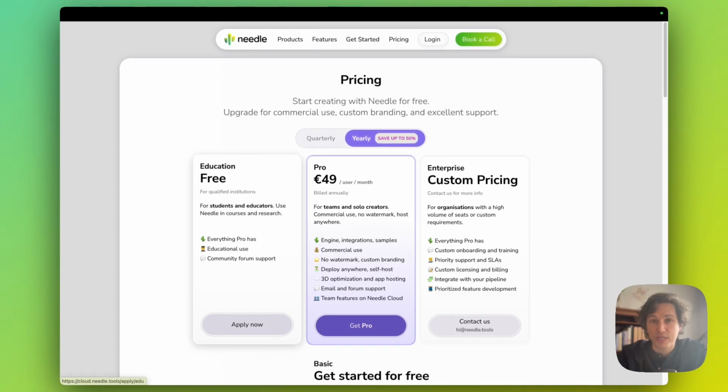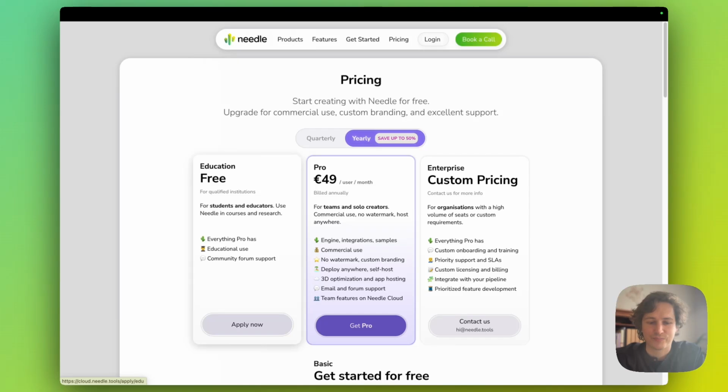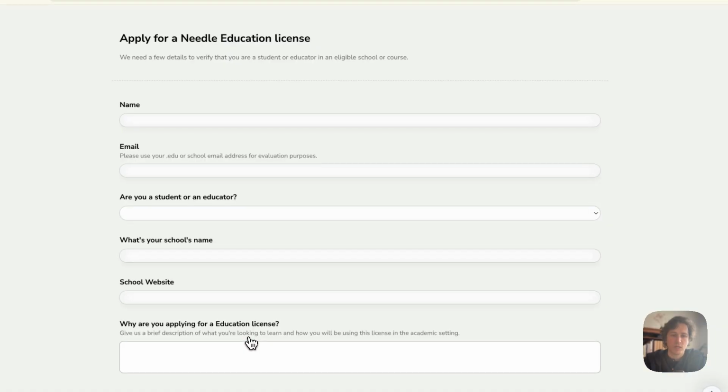Education licenses are free. There's numerous universities around the world that are using this already, either in courses for teaching programming or 3D, to teach about WebXR, or students creating their bachelor's and master's thesis projects with it, which is super exciting for us. So if you are on our pricing page, just click on Apply Now, and you go